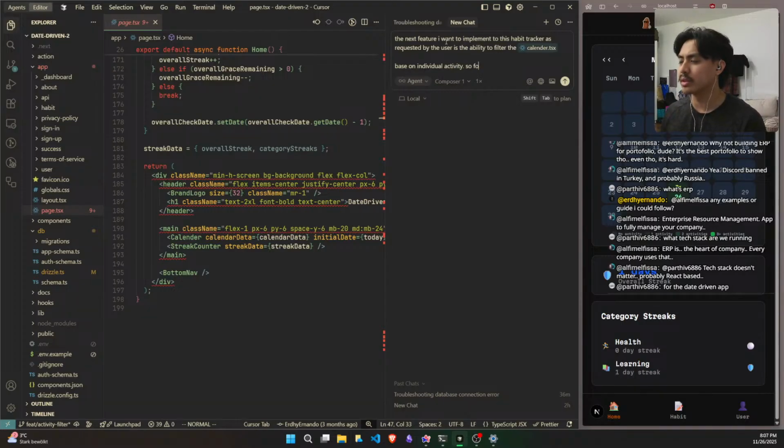So for example, the current calendar only shows the streak off. The total completed activities.